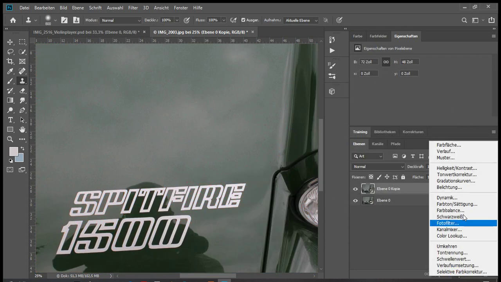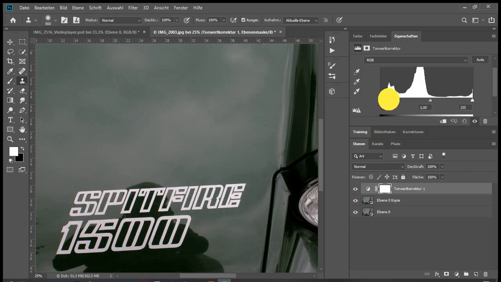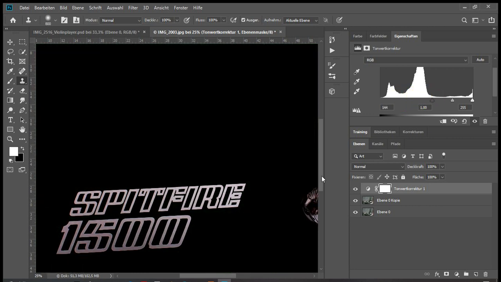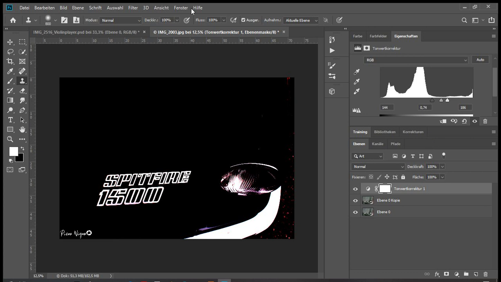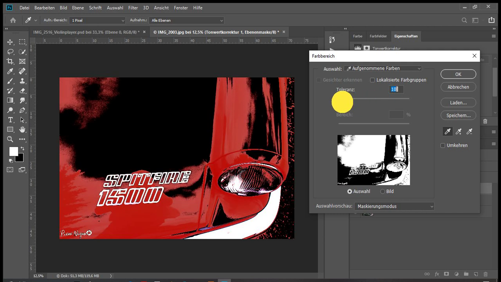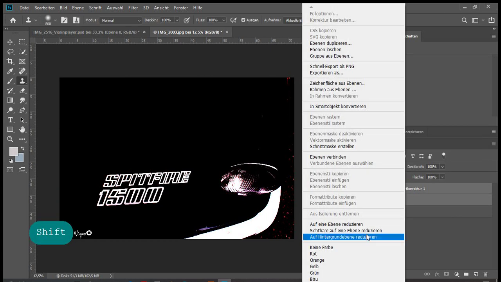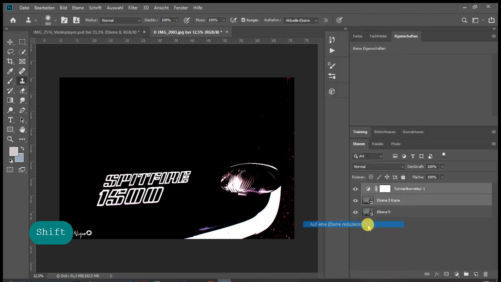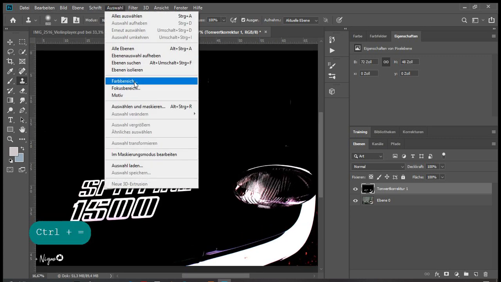So next idea was to add a level adjustment layer here, and played a bit around with it and got to the point where I could see the font really clearly, and I stopped at this point, and then I got back to the color range part, but that was kind of stupid because it didn't change anything. So I had to combine these two layers to one layer, and then I returned to the menu,